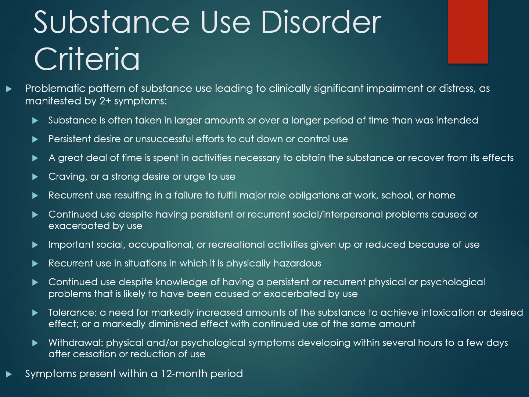The fourth criterion is largely based on subjective report. A person meets this criterion if they report a strong urge or craving to use. The fifth criterion is that the person's drug use results in them failing to fulfill major role obligations in their life. So they recurrently miss work or show up late or hungover, or they miss class and never complete assignments or study for tests, or they are unable to effectively care for their house or children.